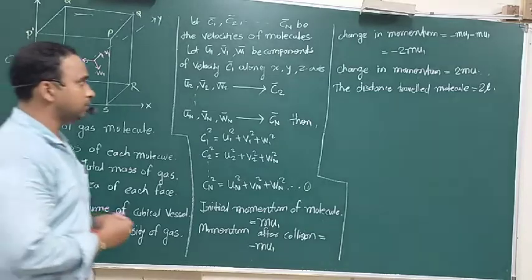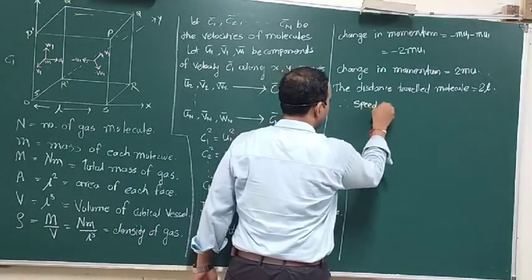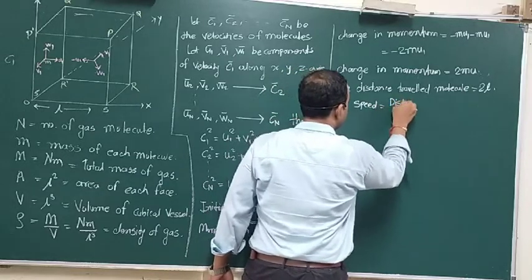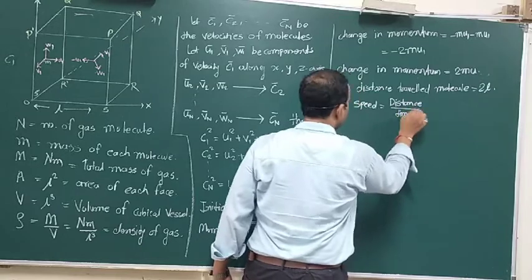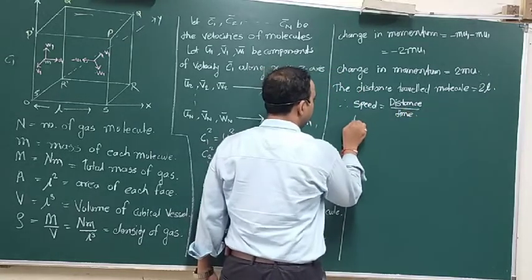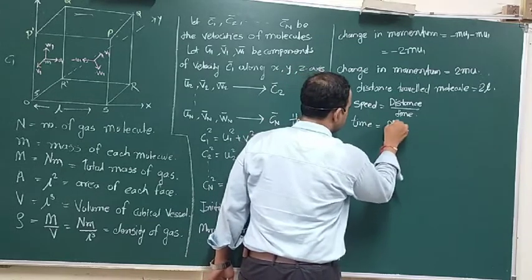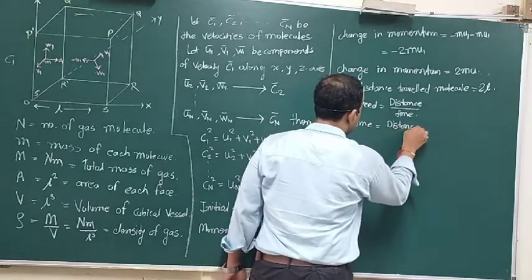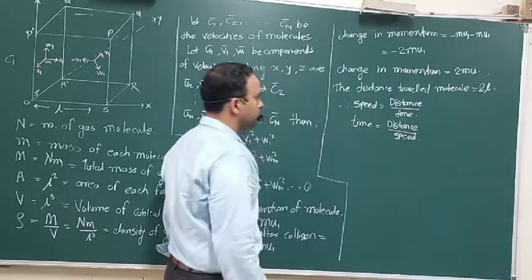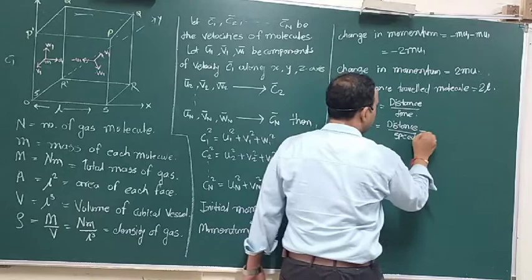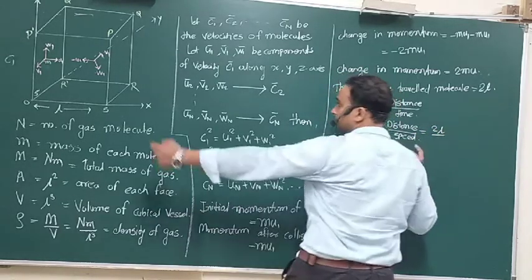Now we have to find the time. According to the formula, speed is equal to distance upon time, so time is equal to distance upon speed. The distance covered by the molecule is 2L and the speed is along